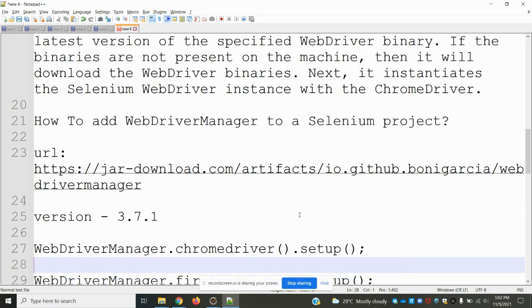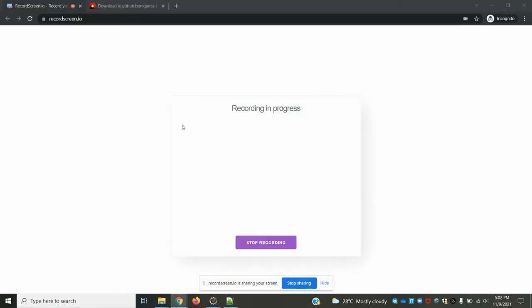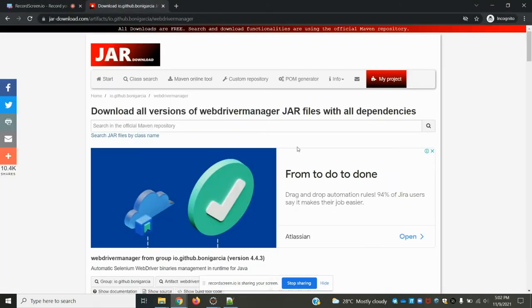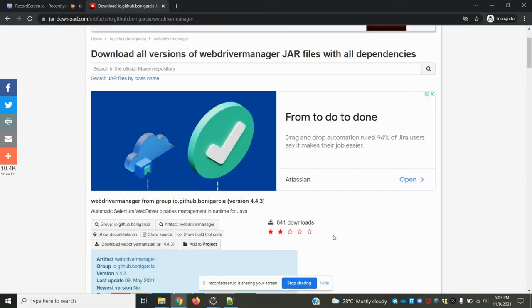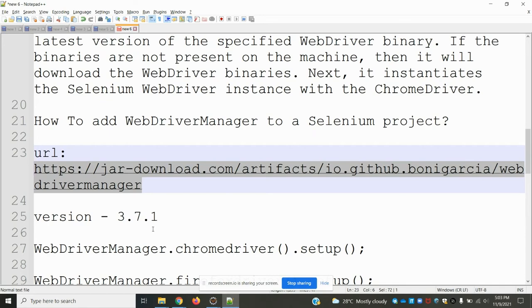And how do we download and initiate WebDriver Manager? This is the location where we can download. Here we can download all the versions. 4.3 is the latest version presented, and we can download based on your convenience. Mine is 3.7.1.